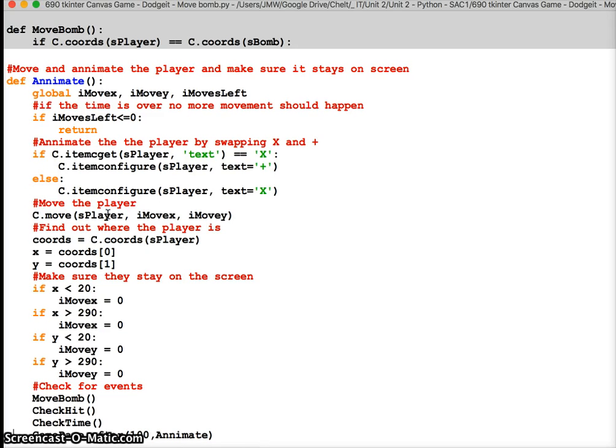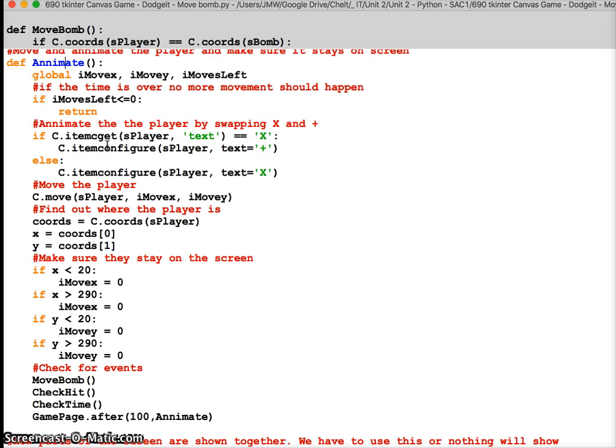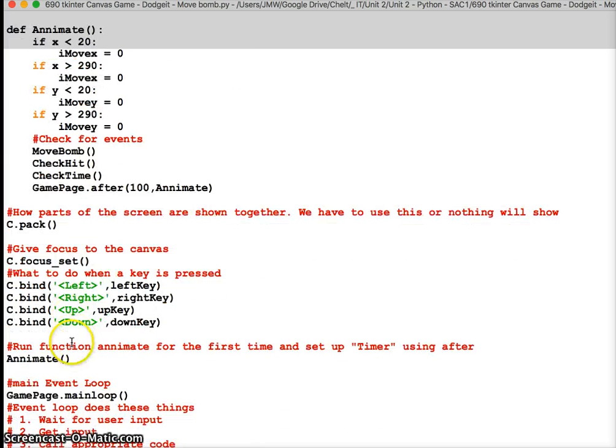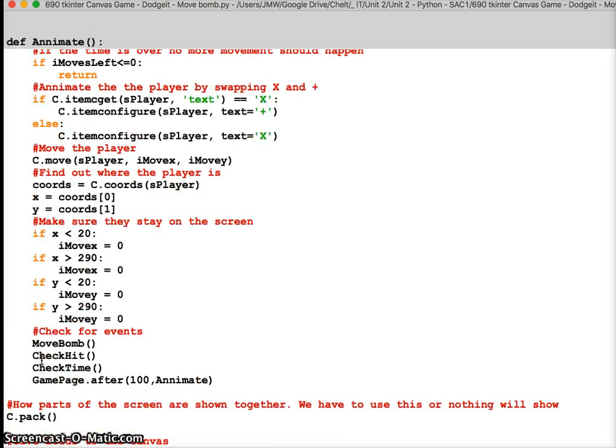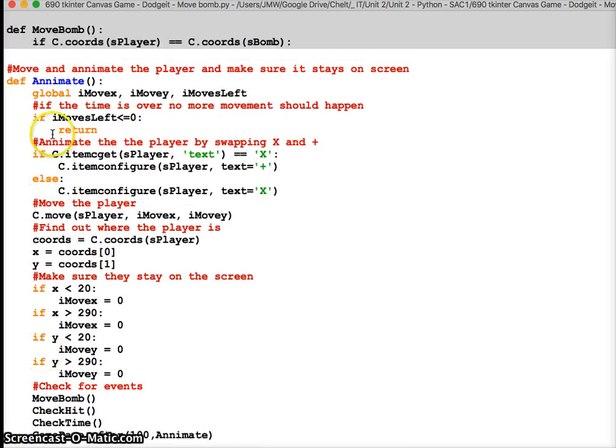In this video, I'm going to look at one of the functions in our Dodgit game called animate. So here's animate, and here's where it's defined. So we're telling Python what to do when someone calls animate. In other words, it tells it to come up here and do these commands. Down here, in the original program, we told it to come up and do it once. And the reason for doing that was so that it would then go through all these commands and get to